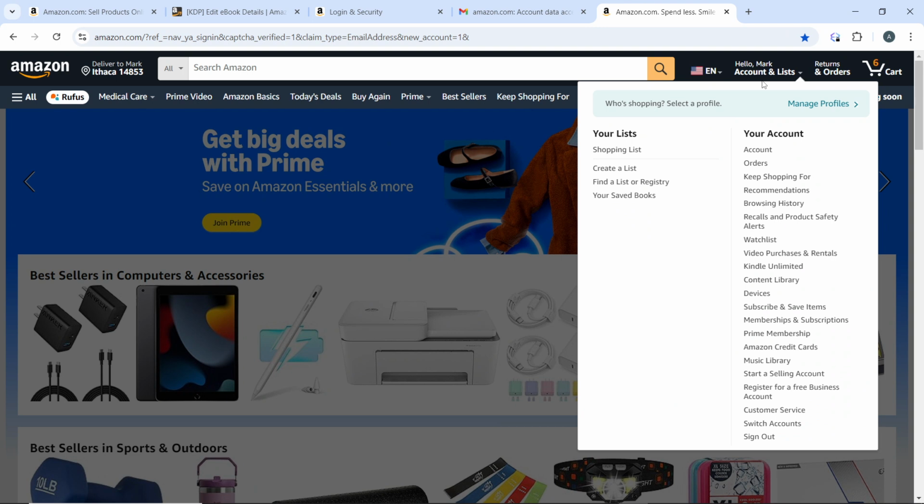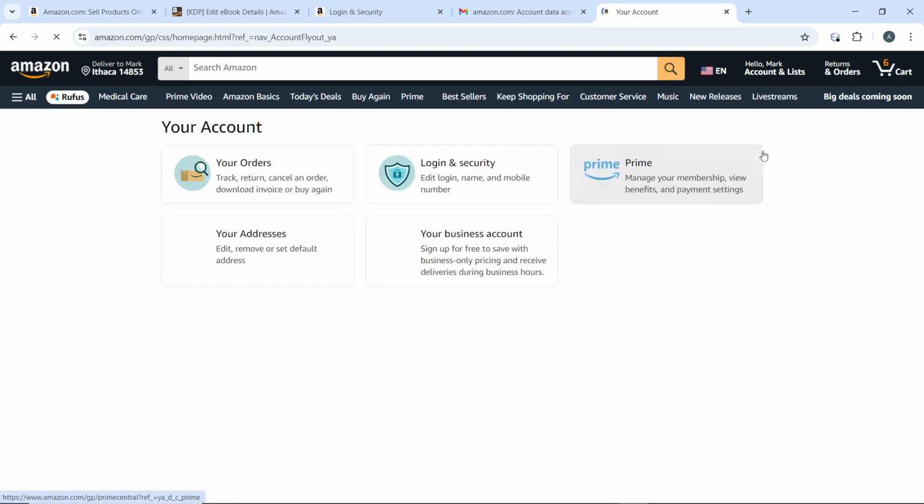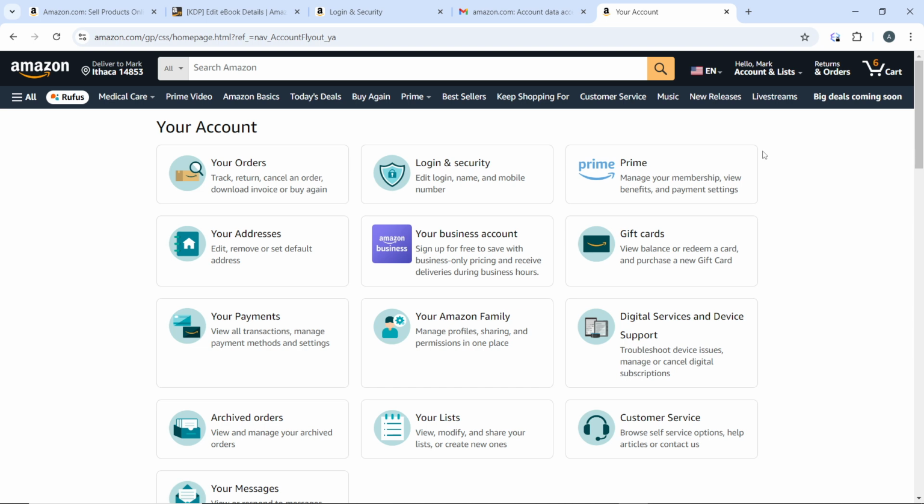Then you'll be provided with a drop-down menu with a couple of options, including accounts, orders, keep shopping for, recommendations, all the way down to sign out. Go ahead and click on account to open your account settings. In your account settings, you're going to see a couple of options, but you're going to have to click on